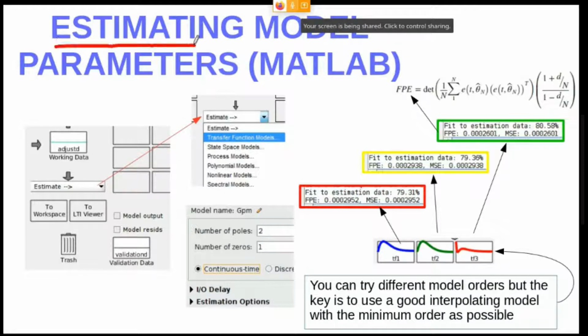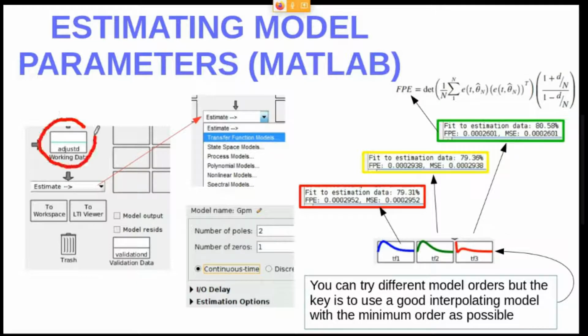because now that we have the available data, we are going to estimate the model parameters, the coefficients of the numerator and denominator polynomials in the transfer function. So once we have here the adjust D data set, remember this is half the experiment because it's adjusted, and remember that the means of both signals, both input and output, have been removed. Well, once we have this data here in the working data, we click on the pop-up menu, Estimate, we choose